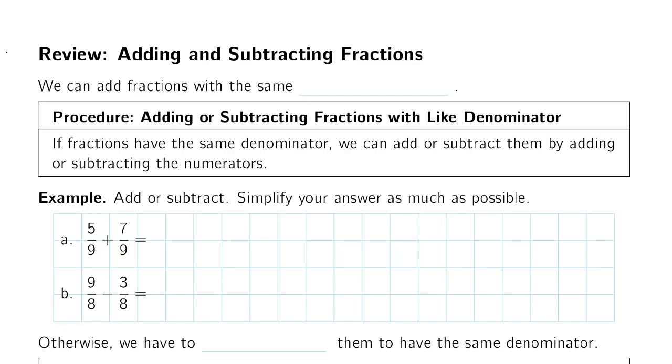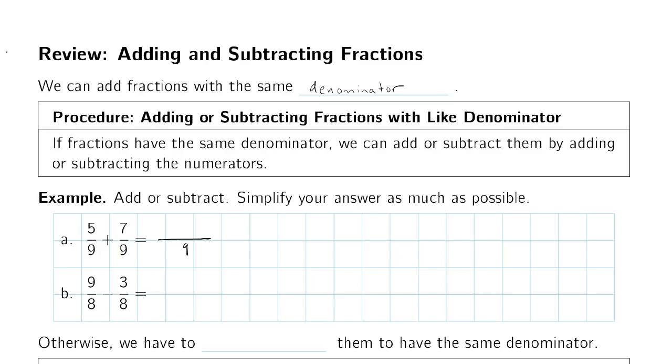Now, we can add and subtract fractions that have the same denominator. Remember, the denominator of a fraction tells us what kind of thing we're talking about. When we're talking about the same kind of thing, we can add and subtract by just adding and subtracting how many. In other words, if we have the same denominator, we can add and subtract fractions just by adding or subtracting the numerators. If we have 5/9 plus 7/9,